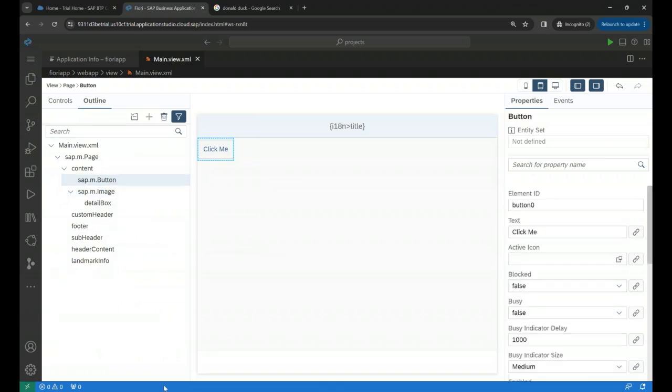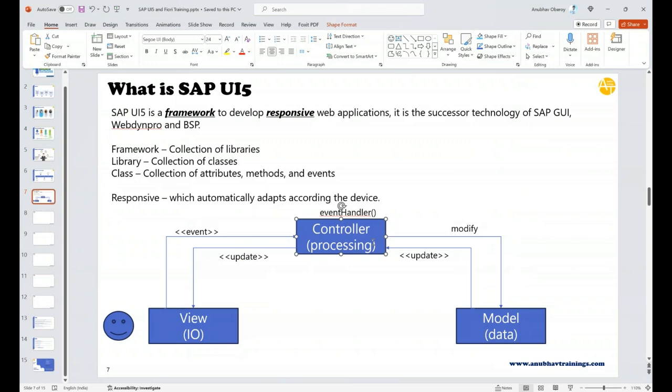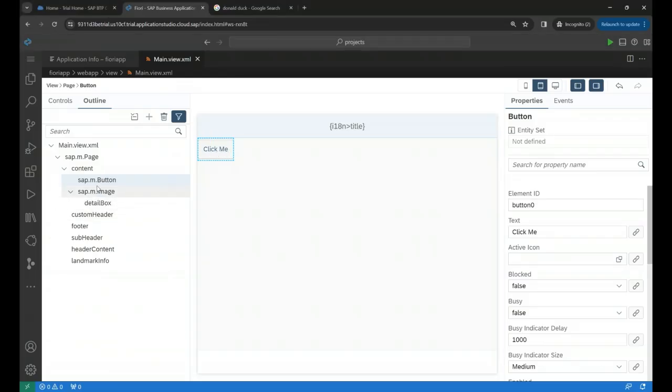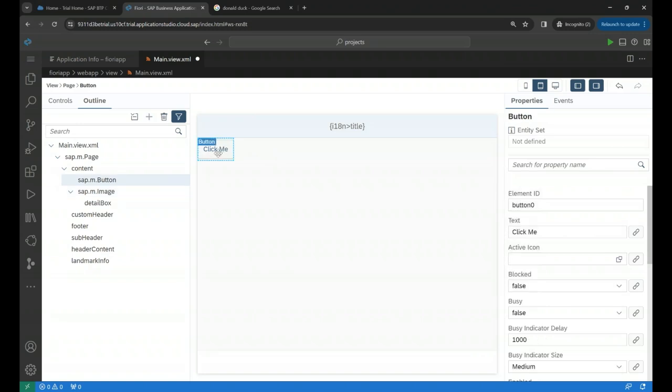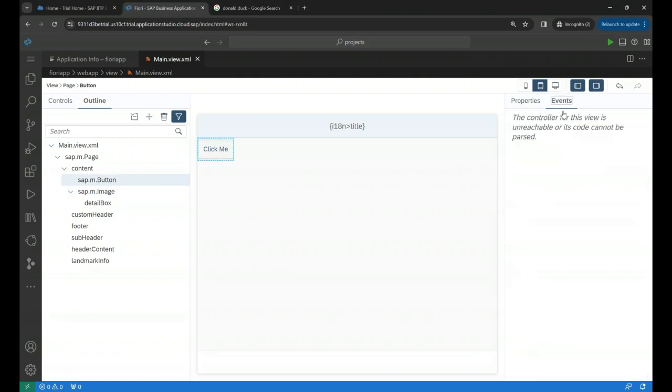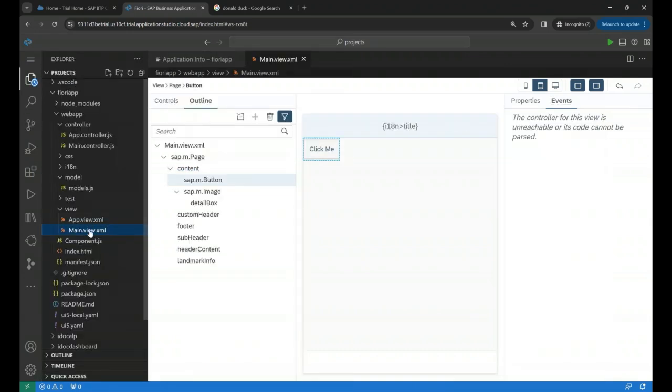Now, of course, we will write our logic, as I mentioned, inside a controller. Whenever the user clicks the button, the event gets triggered for the button, and this will trigger an event handler. So where is my event? If I go to the button, let me also give an ID for this image. Let's say Anubhav. Yeah, that's the ID. And now I go to the button and I go to events. Whenever the user clicks the button, an event will get triggered. Now you can see the layout editor is unable to trace my controller at the moment. This is sort of a bug in the tool, but we can just go back and open the view inside